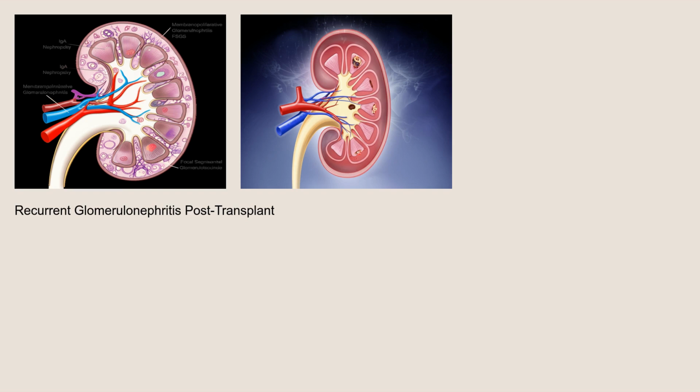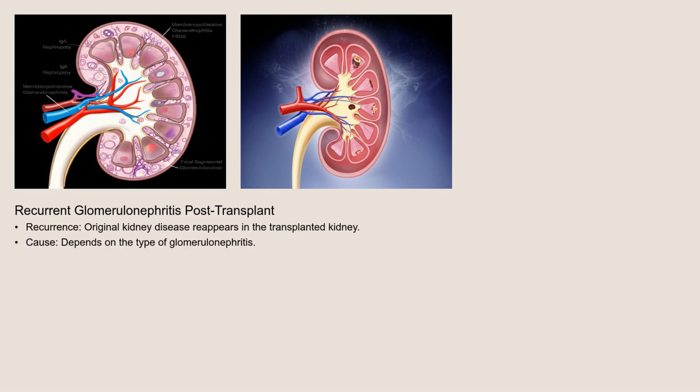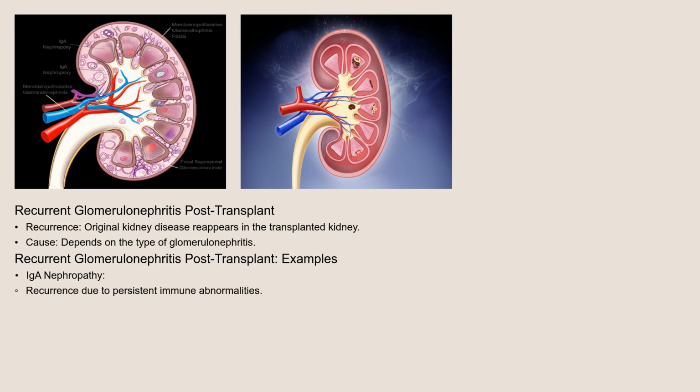Recurrent glomerulonephritis post-transplant occurs when the original kidney disease that caused the need for a transplant reappears in the new kidney. The causes depend largely on the type of glomerulonephritis. For example, IgA nephropathy, a common cause of kidney failure, can recur because the underlying immune system abnormalities that produce the IgA deposits persist. Similarly, membranoproliferative glomerulonephritis, focal segmental glomerulosclerosis, FSGS, and other forms of primary glomerulonephritis can recur as